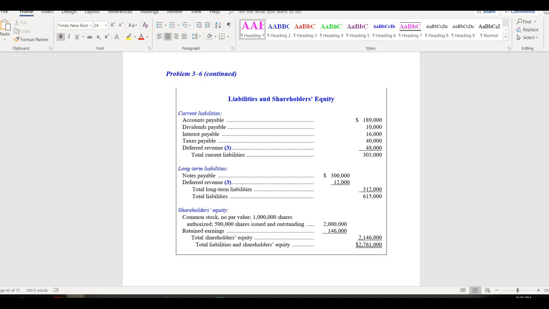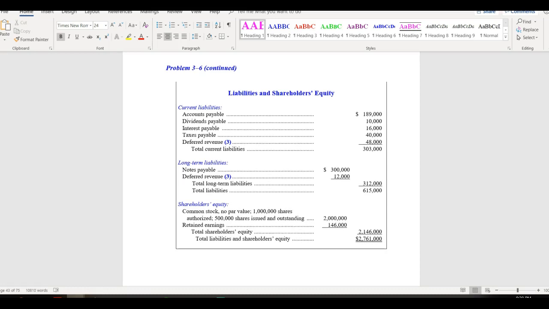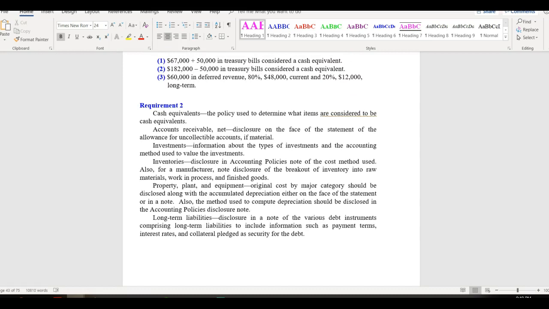for total liabilities of $615,000. Again, with the stockholders' equity, our common stock, no par, $2 million, and our retained earnings of $146,000 gives us our total shareholders' equity of $2,146,000, total liabilities, and shareholders' equity of $2,761,000. So those items that would require some type of disclosure, the cash equivalents, any policy used to determine what